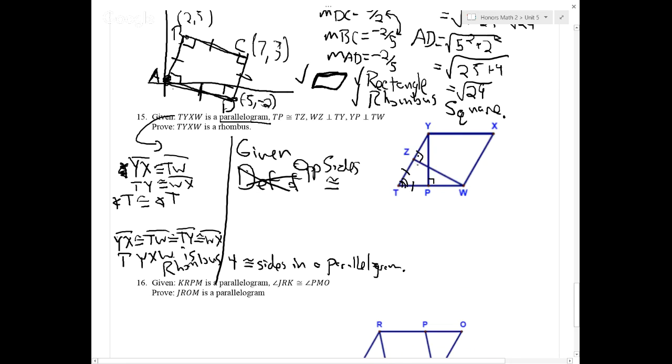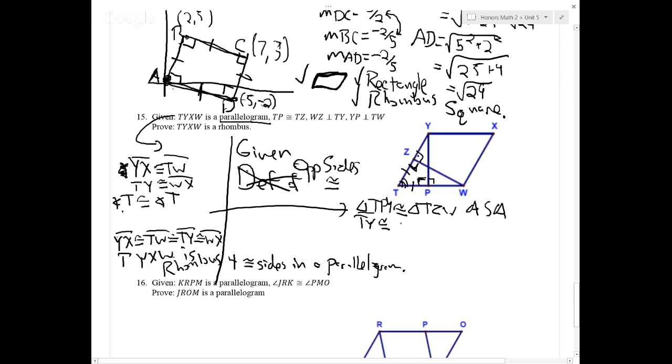I also have actually this right angle here. So in TZW, I have an angle, a side, and an angle. In YPT, I have angle, side, angle. So I can say those 2 triangles are congruent. So I would then put in triangle TPY is congruent to triangle TZW by angle, side, angle. Because of that, I know that TY